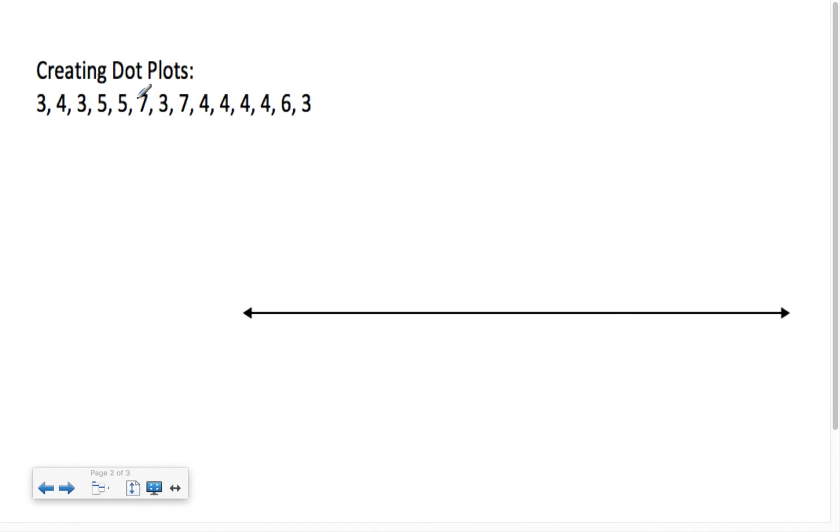Now, creating a dot plot. If we have this data here, 3, 4, 3, 5, 7, 4, 6, 3, and we want to show a dot plot, we need to create one. We start with a number line. On the number line, put your lowest number first. Since they're only going from 3 to 7, we have a small range, so we can count by ones on the number line. We put our 4 here,